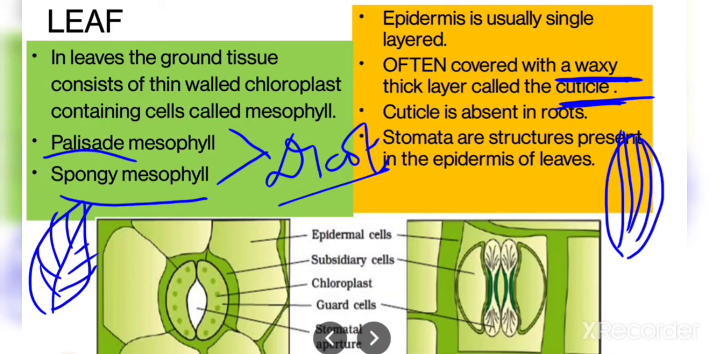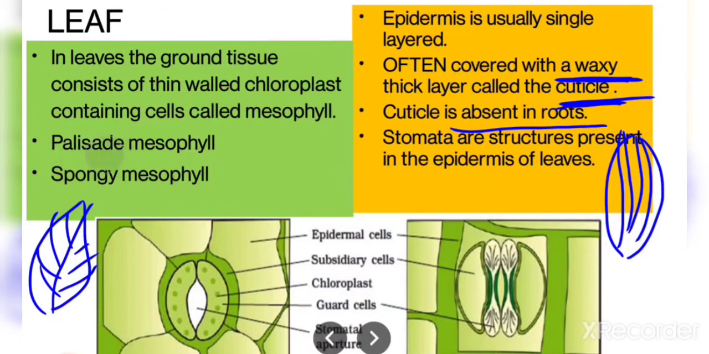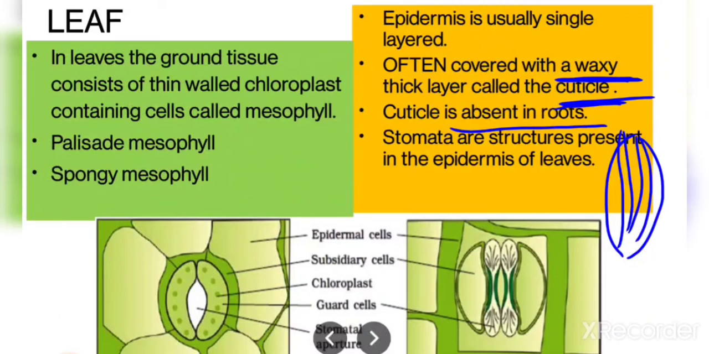It is present in the leaves, absent in the roots. Otherwise, roots will not be able to absorb the water, right? Now, the last important thing, something extra which is present only in the leaves, but that is the stomata. Now, what is stomata? Stomata are some tiny pores that are present on the surfaces of the leaves, especially